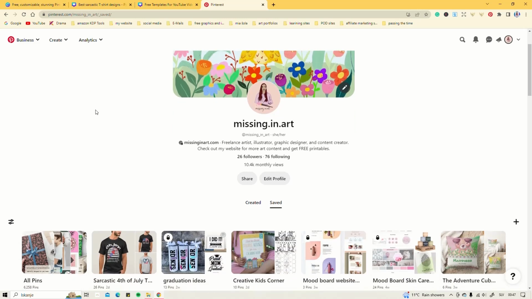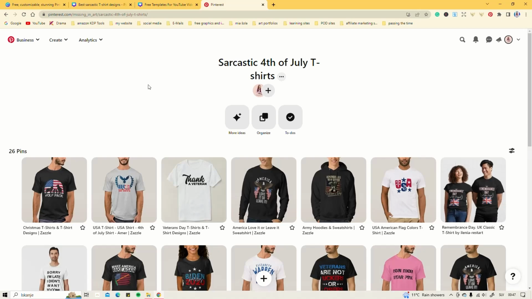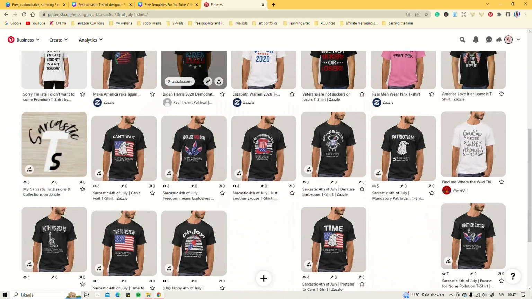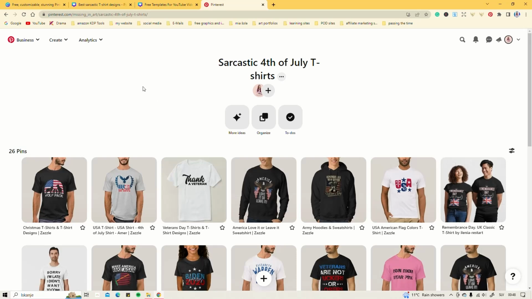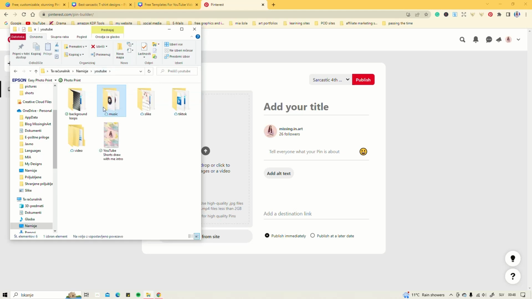So we are now going to go to this board, which is all about the sarcastic t-shirts. And we're gonna make an actual pin, because as you can see, the only pins that are here are actually direct pins from Zazzle, because I haven't had the chance to make new pins quite yet. Been too busy. So we go to the little plus over here, create a pin, and we said we are gonna schedule it. So let's just find our pin